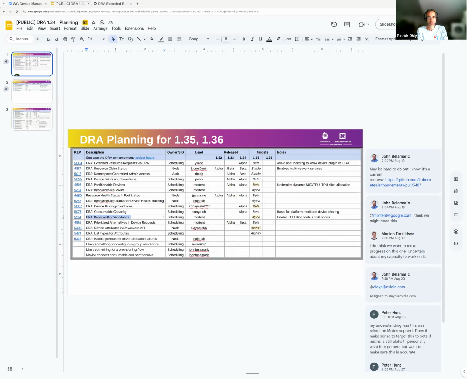And this whole discussion in that cap is about why do we have that list? What if we reference some higher level object? The problem then becomes that the in-tree components need to know whether that higher level object still has pods running, or whether it's safe to deallocate, knowing that no pods for that higher level construct will appear in the future. So that's one of the technical aspects that makes it tricky.